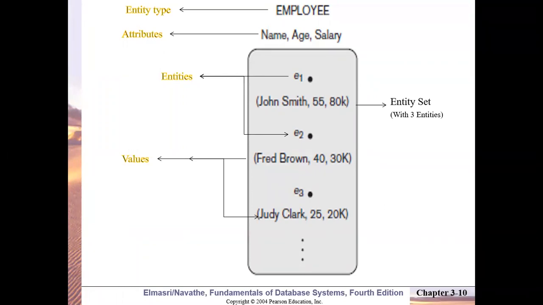Now likewise there are multiple entities present at this point of time. Suppose these are the three entities present at this point of time. So my entity set consists of three entities right now. Sometimes they will ask you in 5 marks to define different terms. That time you can draw the diagram and show. For 2 marks, you need not draw the diagram. You just have to define and give an example. That's all.